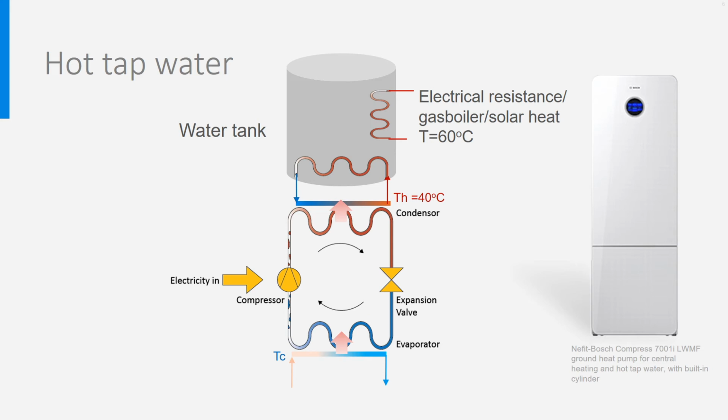higher than 2. Additionally, hot tap water asks for a very high instant power because no one wants to wait for minutes on warm water. The more power, the higher the investment costs. Both facts generally lead to the choice of hybrid systems, in which the heat pump provides the basis hot tap water heating, let's say up to 40 degrees, and an electrical resistance heater bridges the last 10 to 20 degrees. The electrical resistance may also be replaced by a gas boiler or solar heat.